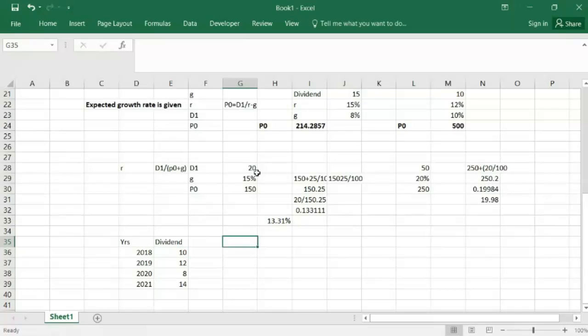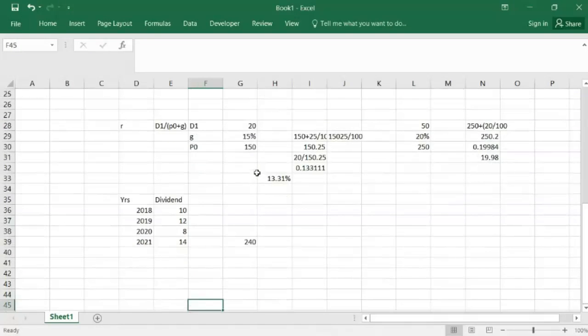The market price I can take. Say, for example, the market price at the end of the period is given. It means during 2021, the market price of the security is 240 rupees. So here what I'm going to find out is what exactly the price at which it was traded in the market, what exactly the present value of such securities being traded in the market. So the P0 is calculated